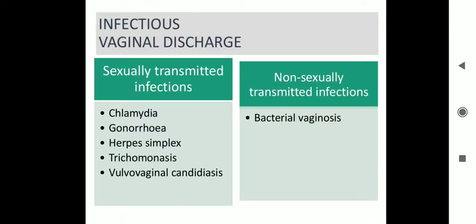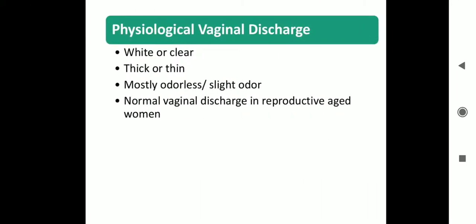Infectious vaginal discharge can be sexually transmitted and non-sexually transmitted. In the sexually transmitted, we have chlamydia, gonorrhea, herpes simplex, trichomoniasis, vulvovaginal candidiasis. Physiological vaginal discharge is white or clear. It might be thick or thin, mostly odorless or with slight odor, which is a normal vaginal discharge in reproductive aged